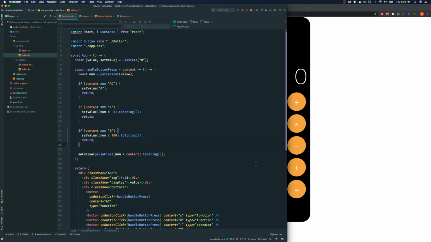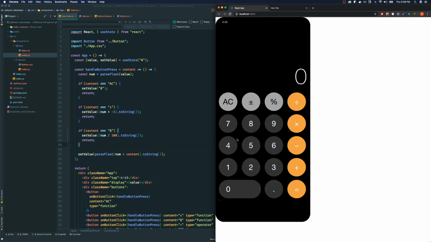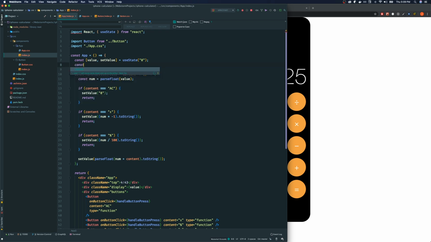If you grab your phone, we need to, don't grab your phone, actually, I changed my mind. We need a way to keep track of the number. For example, if I write 25 plus 13, we have to remember the 25 that we have pressed. So I'm gonna introduce a new variable called memory, useState,